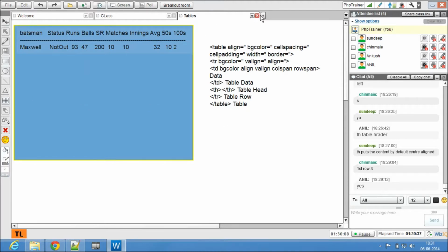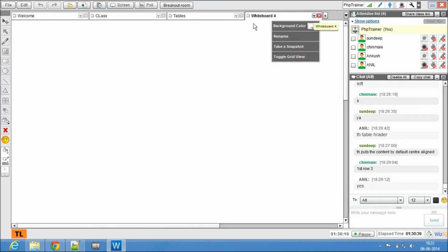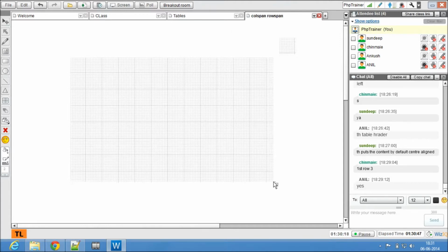Okay, let's assume this to be a table. Col span, row span. Forget about the small boxes. So let's say this is one TD, 2 TD, first row, second row.